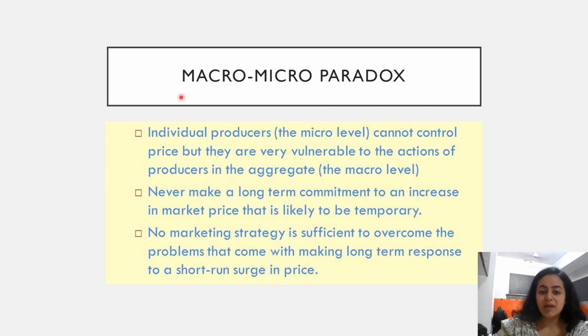Now there is a macro-micro paradox. Let's read about it. Individual producers at the micro level cannot control the price, but they are very vulnerable to the actions of producers in the aggregate or the macro level. So this is just talking about the interdependence of these two things. Microeconomics and macroeconomics, though being different branches of economics, are interdependent, and one affects the